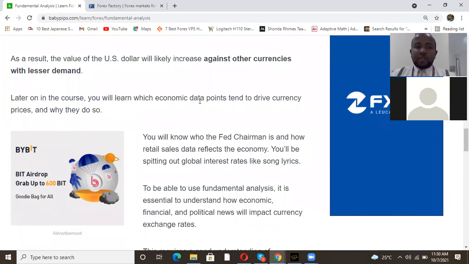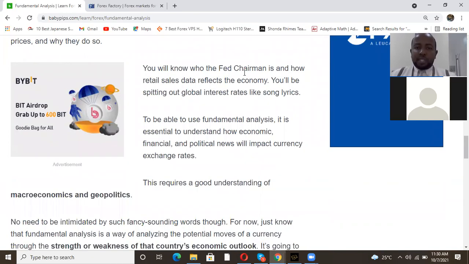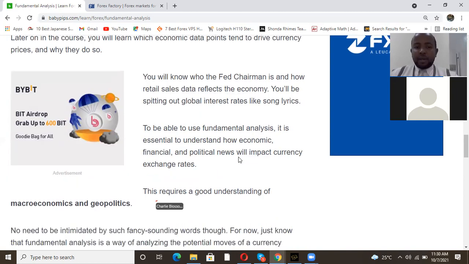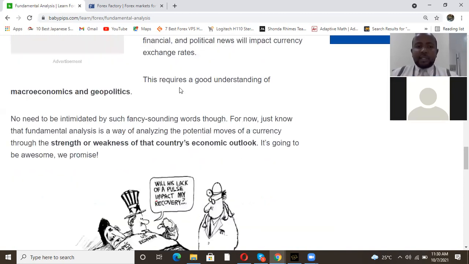Later on in the course, you will learn which economic data points drive currency prices and how they do so. You'll know who the Fed chairman is, be able to analyze fundamental data, and understand how economic, financial, and political news will impact the currency exchange rate. Say a CEO or a CFO was fired. Of course, the stock price of that company will go down, especially if it was a good company or there's a scandal. So technically, that's how it is. This requires a good understanding of geopolitics